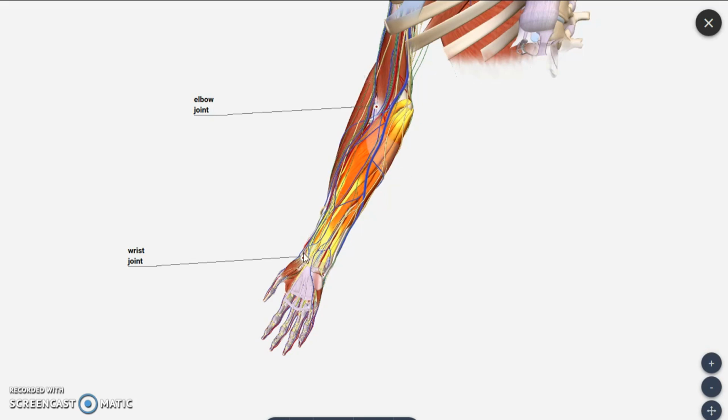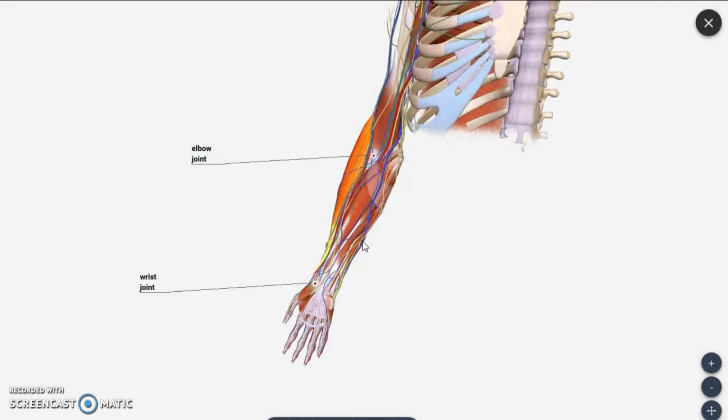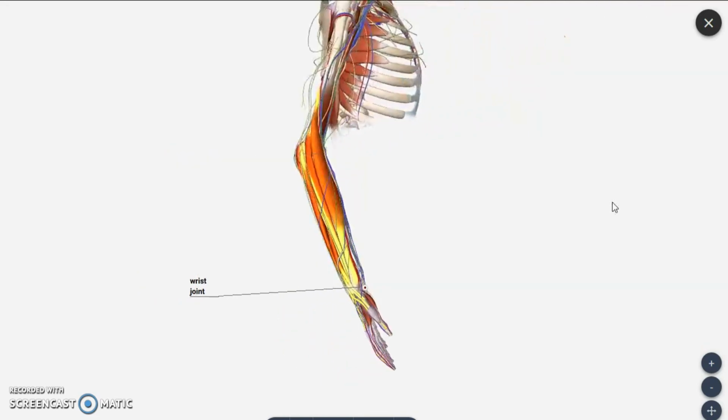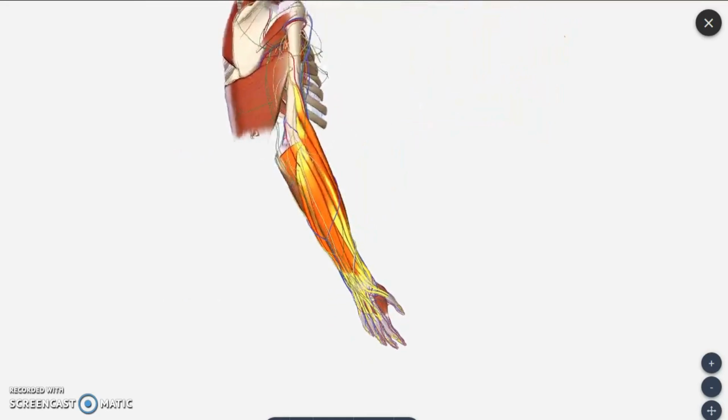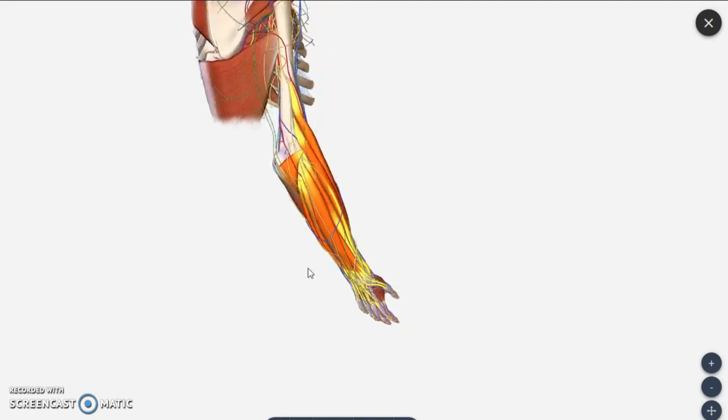Now we will move on to the extensor compartment muscles, which are 12 in number and again divided into superficial and deep layers. Superficially we get 7 muscles, and in the deeper part we get 5 muscles. Altogether we have 12 muscles in the forearm region. Here you can make out the bunch of muscles which form the extensor compartment of the forearm. So that is all about the details of the forearm region muscles.